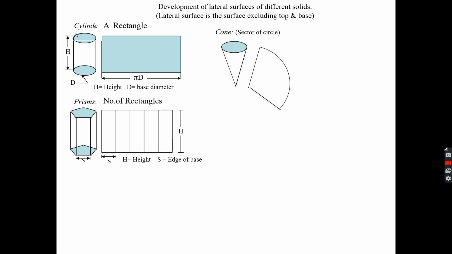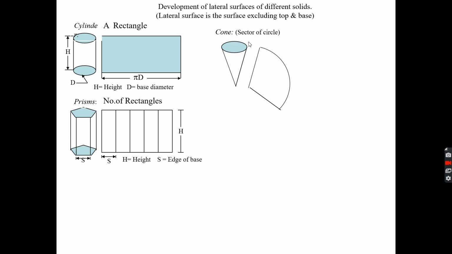It is a cone, it will look like a sector of the circle. When you draw a rectangle, it is easy to make because it only needs the length and width of the rectangle. But here, what you know is the length of the slant edge and the radius or diameter of the base of the cone.